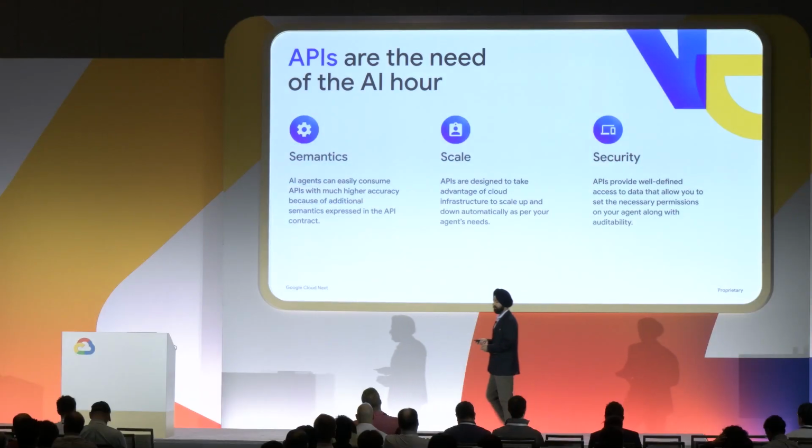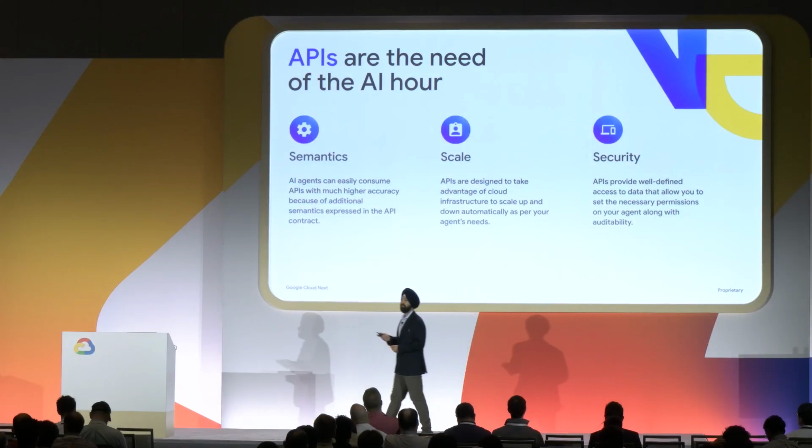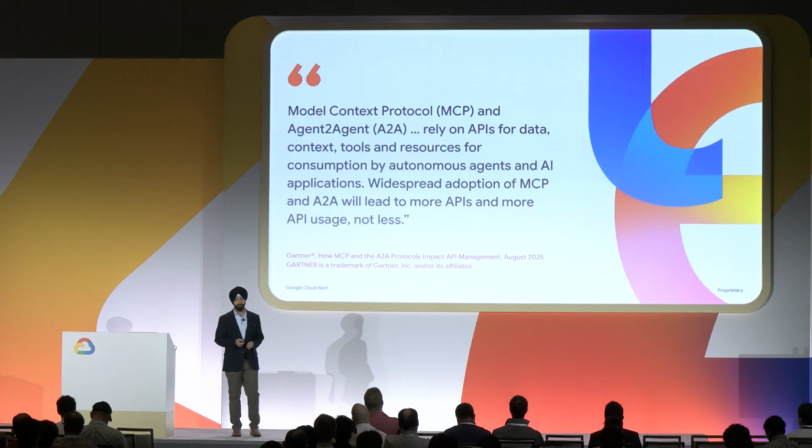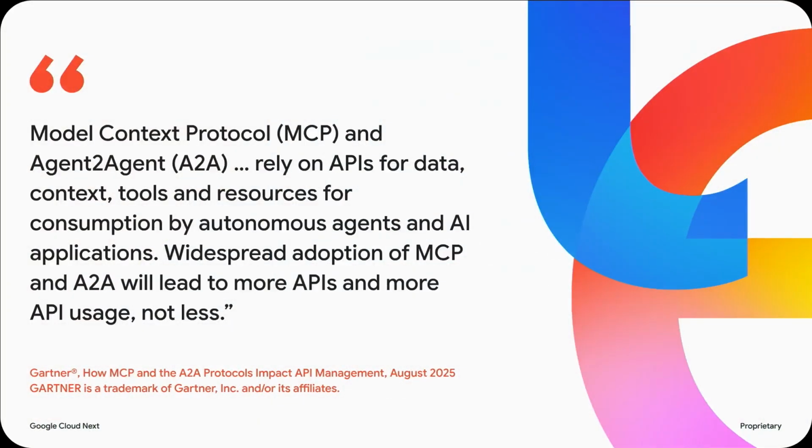And we wholeheartedly agree with this sentiment that APIs are the need of the AI hour. And we see this trend playing out already in the industry. Gartner confirms in their report that as enterprises adopt more and more agentic AI applications, that'll lead to widespread adoption of API and API usage, not less. This is really important because it amplifies the utility of the App Optimize API, because now you can use it